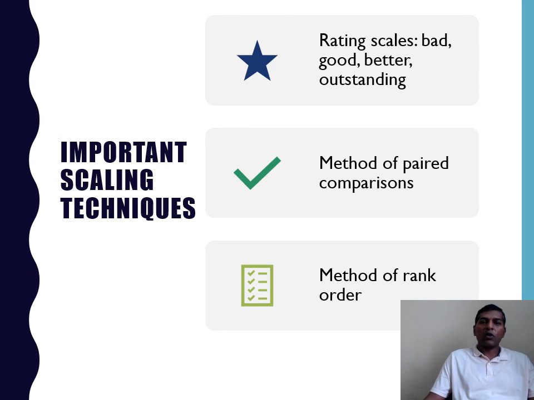Again, the method of rank order. This particular method is used if we have many items and we need to get a preference out of the available items from the respondent. He will provide the preference 1, 2, 3, 4 out of 100 items, and with this we can get the input from him. His observations or his liking or his preferences or his understanding will be collected and accounted for. So these are the few techniques we can understand and use for getting data from the respondent for our research.